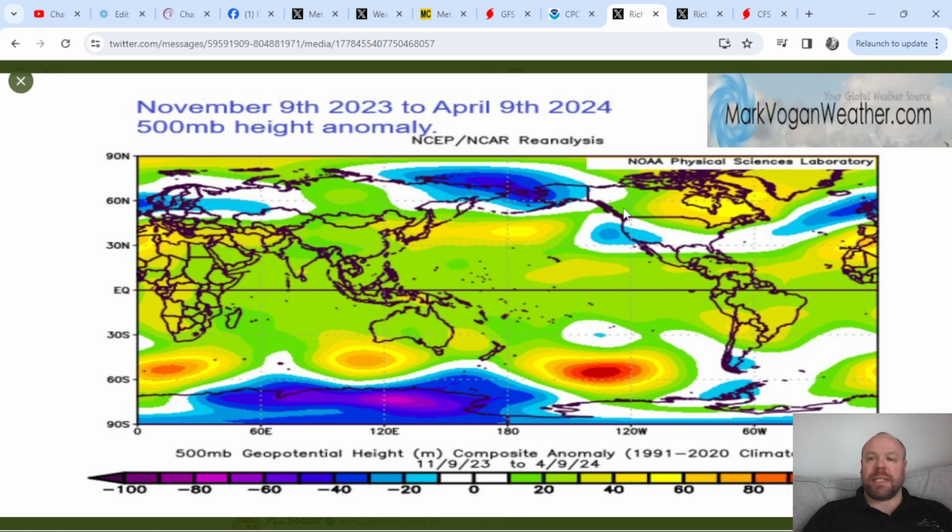This was sent to me by Richard Trott, and I greatly appreciate Richard's contribution. He's a big contributor to Gav's weather vids, but he's also helped me out quite a lot with some findings. And Richard, thanks very much for sending this. But you can see here, this is the upper air pattern for the 9th of November through the 9th of